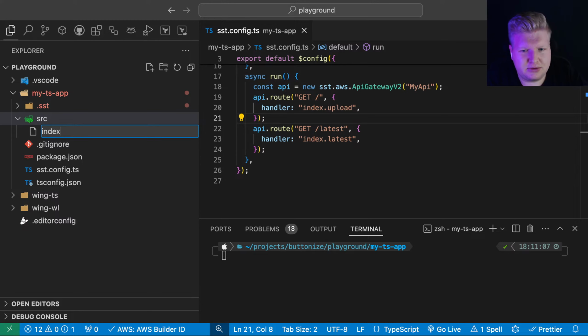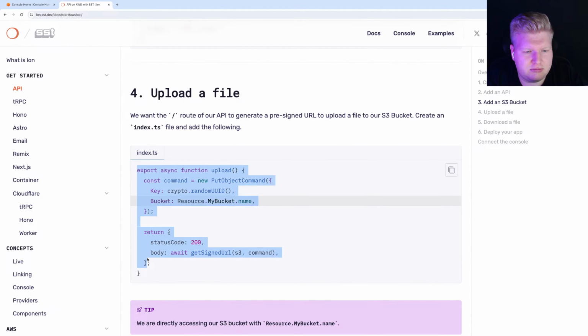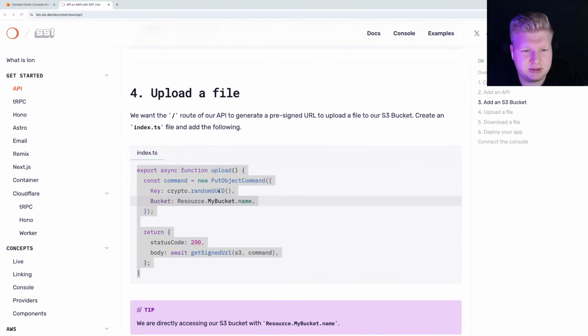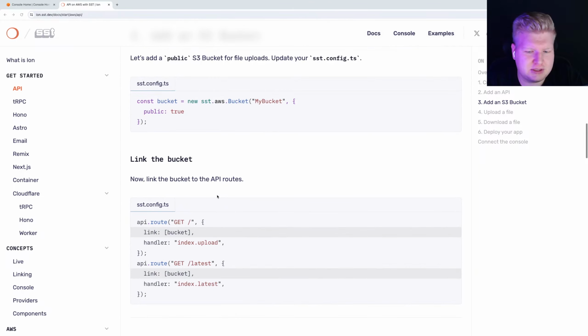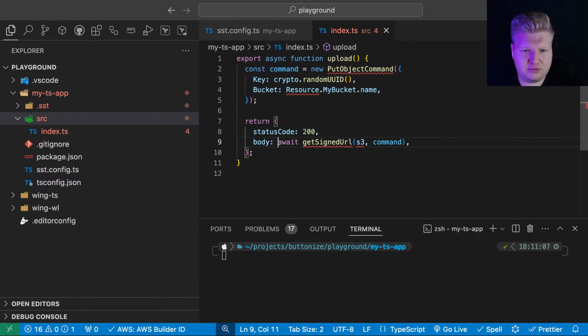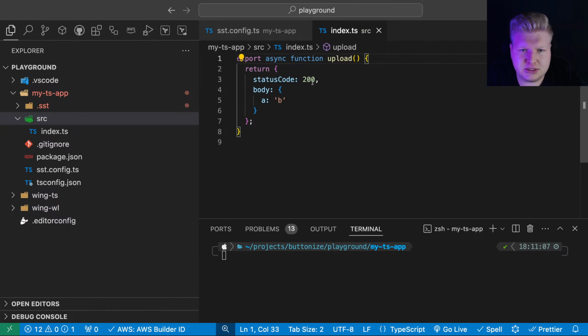Index. I don't know. Okay, index, yes. So I can use this one, get signed URL. Got it. Okay. Yeah, whatever. I mean, we don't need to. This is just AWS CDK. Export async function upload.